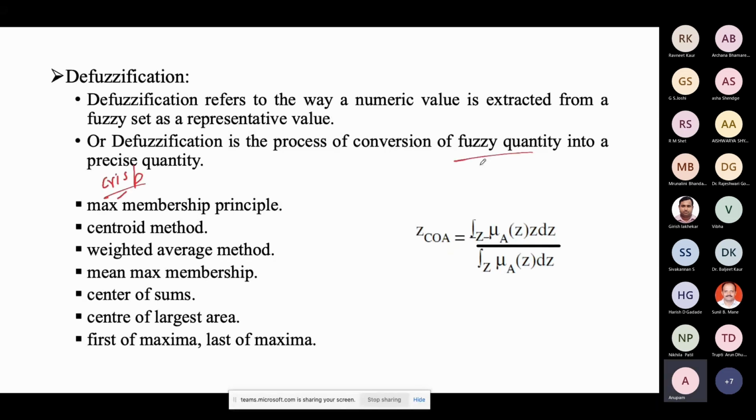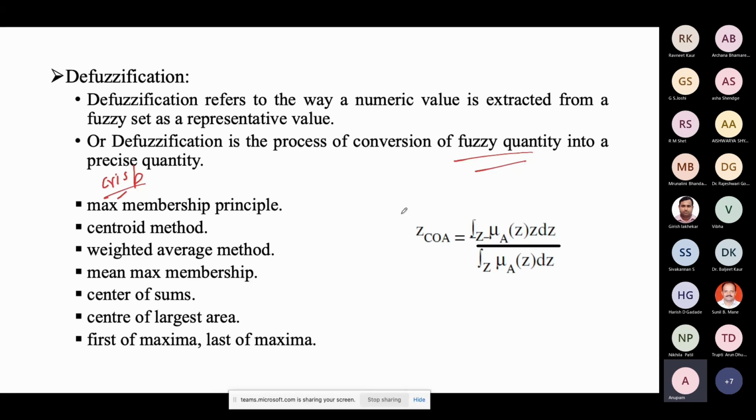So to go from fuzzy quantity to crisp, all these steps we have to perform, like fuzzification, rule based inference, and defuzzification, whenever we are applying fuzzy in any application. Most of the time we apply fuzzy, we have a crisp input, then we have to convert it back to crisp at the end. Otherwise, that logic will not work, right? So I just talked about defuzzification.